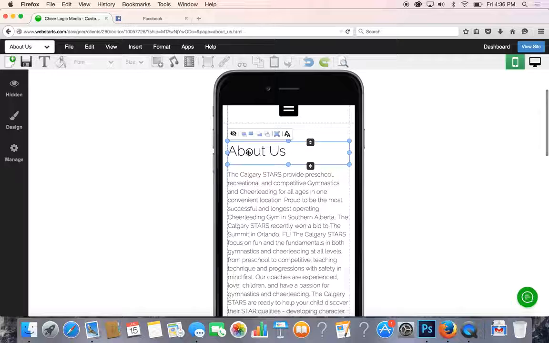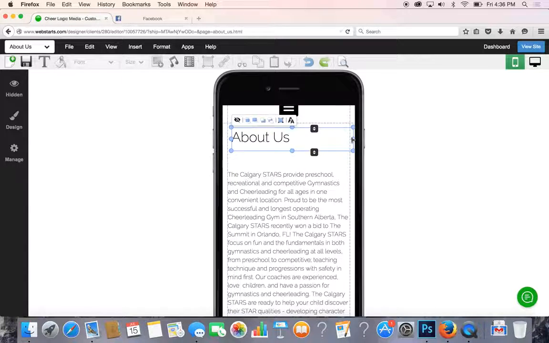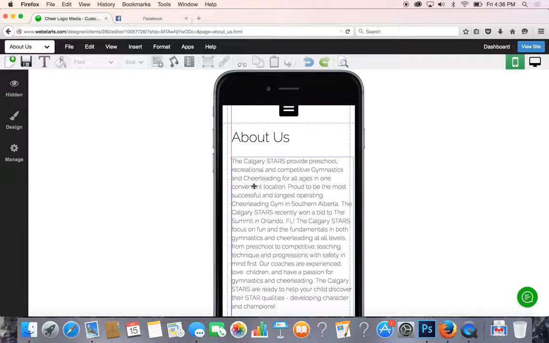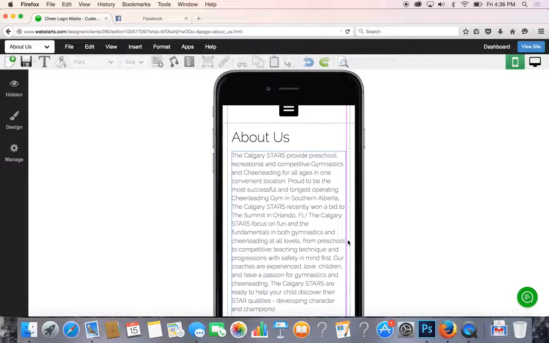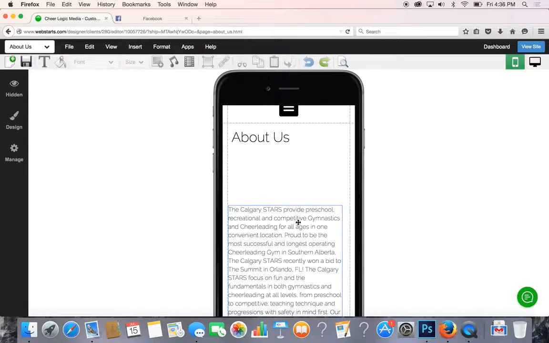So right here, I noticed that the text is snug right up against my sideline right there. I actually want to bring that out just a little bit so that there's a little bit of space between the text and the edge of the phone. I'm also going to do the same thing with our paragraph text, and I'm just going to snug it up a little bit and slide it in. You notice that the paragraph text is a little bit too wide, so we want to move that in and just bring it inside the line just a little bit. Okay. Now I'm going to slide this whole thing down,